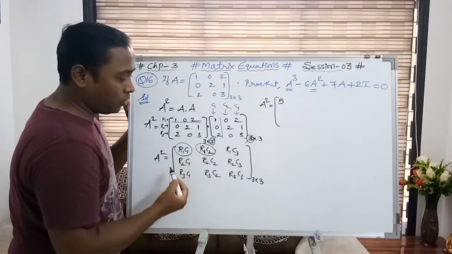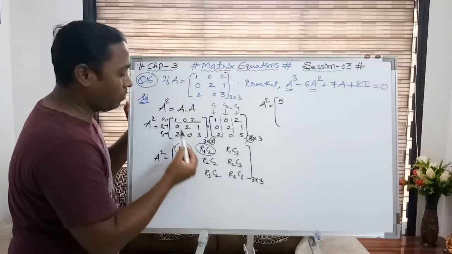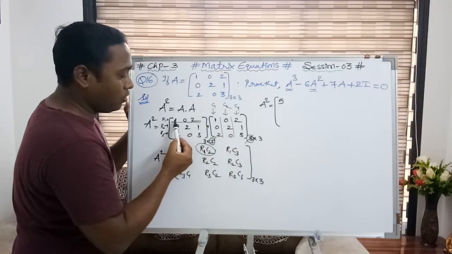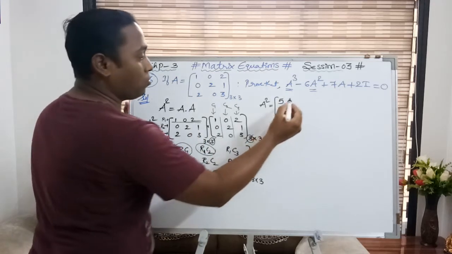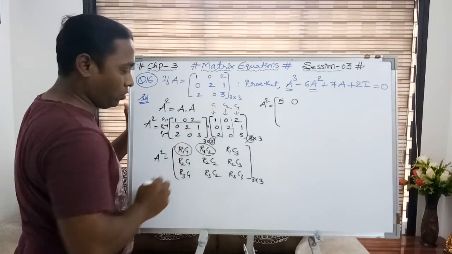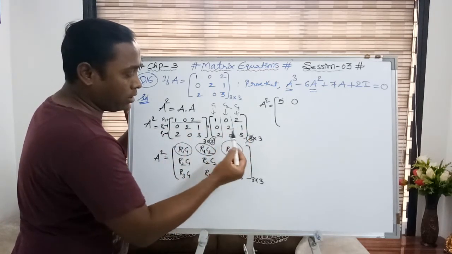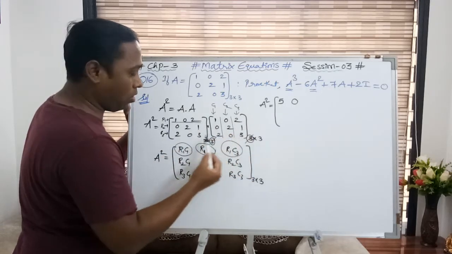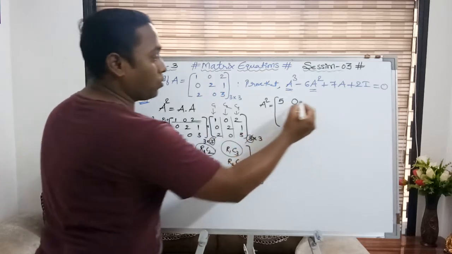Similarly, R1C2 means the same row is now multiplied by the second column. So if I do that, you can see it is 0, 0 and 0. So the total answer would be 0. 1 zeros are 0, 2 zeros are 0, correct? And then R1C3, first row and third column. First row, third column. So 1 twos are 2, 0, 6, 6 plus 2, 8.